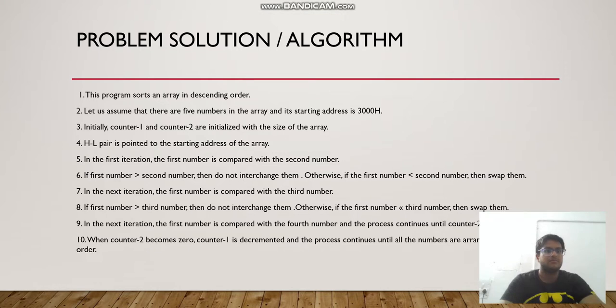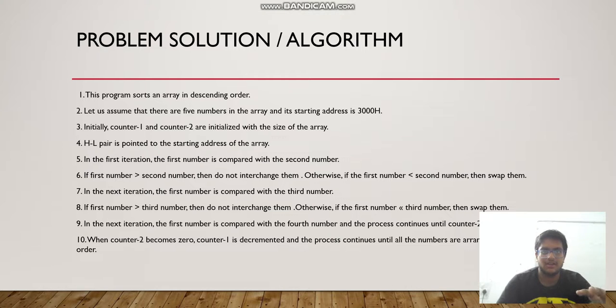The first process is to sort the array in descending order. Let's assume there are 5 numbers in this array starting from the address 3000h and going on to 3004h. Initially, counter minus 1 and counter minus 2 are initialized with the size of the array. Then the HL pair is pointed to the starting address of the array, and in the first iteration the first